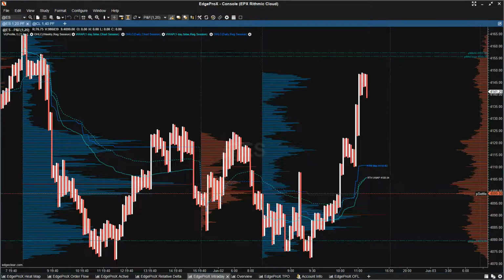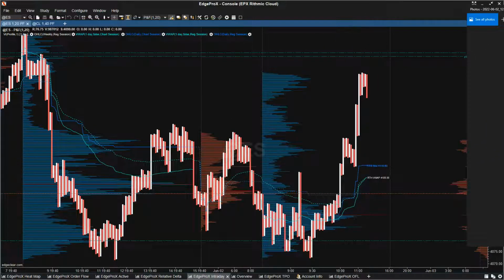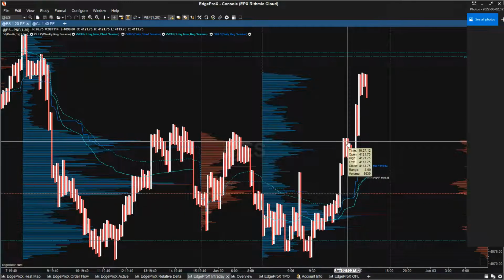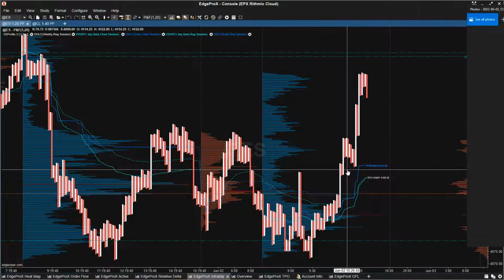Here's what I posted. This is in Chicago time, right? Decent structure. This was at 10:31, right in here, right after the blast off at 10:31. I said decent structure. Now against the 4108, 4110, 4108 being this high here, the IB high, 4110 being the